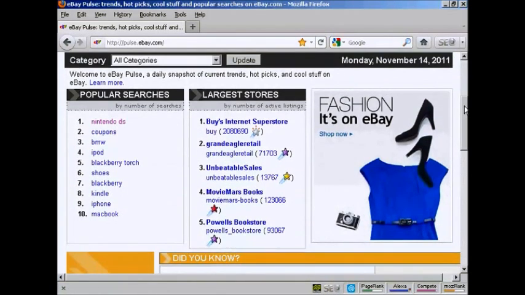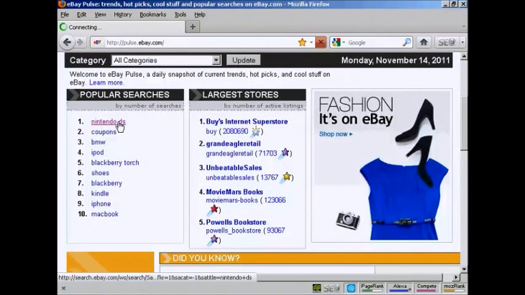First of all, and probably the most important one, is the popular searches. This tells you what people are looking for on eBay. When they go to eBay and they do a search, this is what's being typed in most often. Let's take a look at the most popular search at the time that I'm recording this video, which is Nintendo DS. If I click on that link,